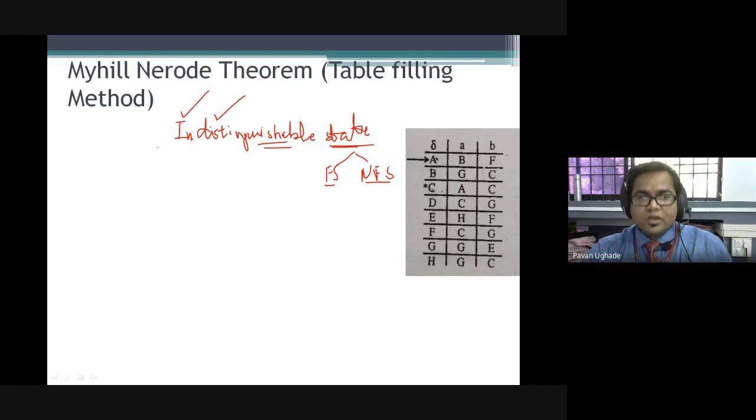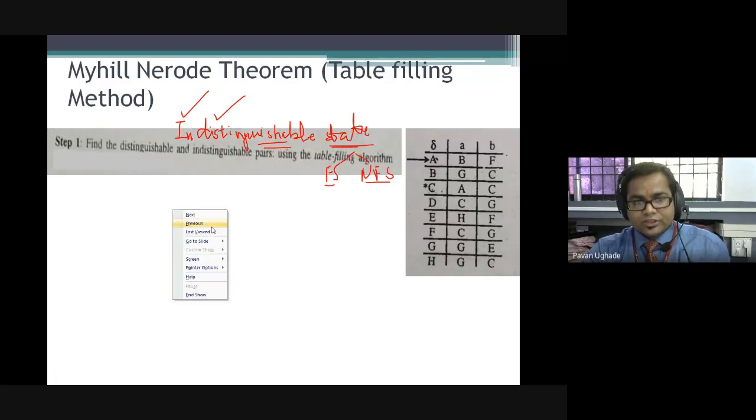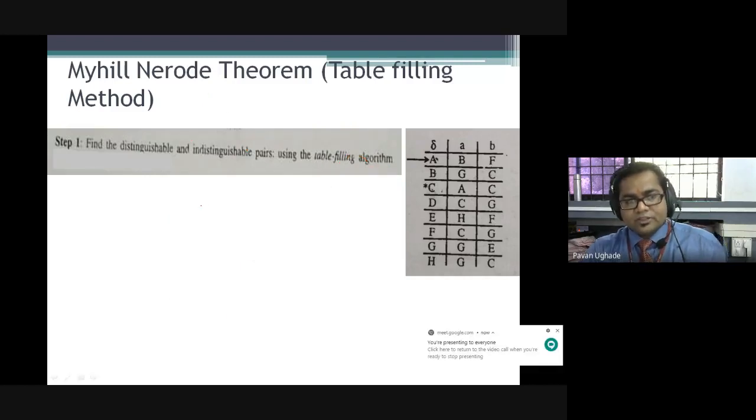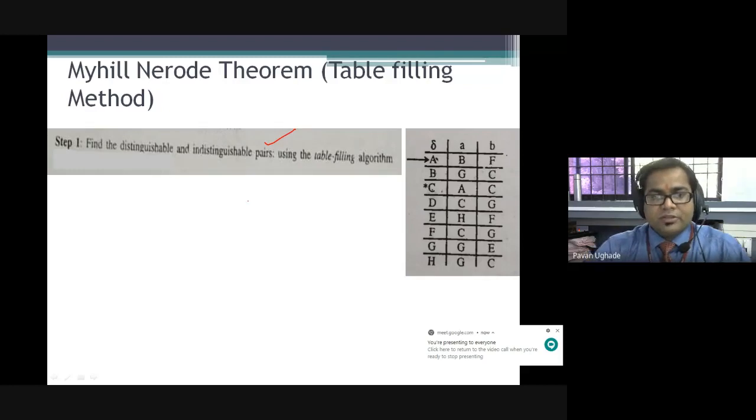In the state equivalence method, you will be getting different sets. Here also we'll be talking about that. Okay, so let's move ahead with today's topic. Please try to understand what we will be doing. The first step is to find the distinguishable and indistinguishable pairs using the table filling algorithm. Now distinguishable means, please try to understand, if the first state is final and another is final,